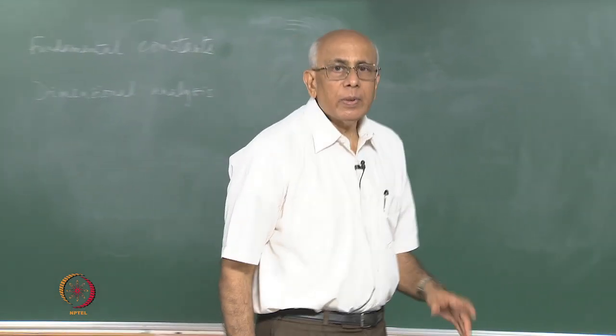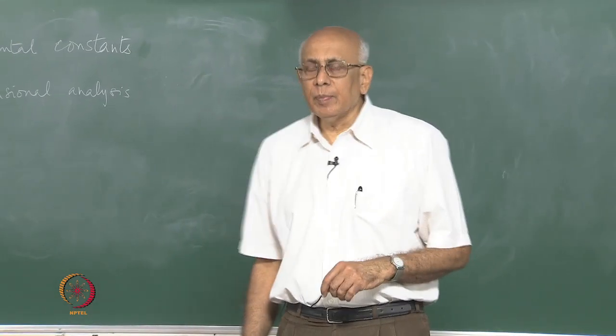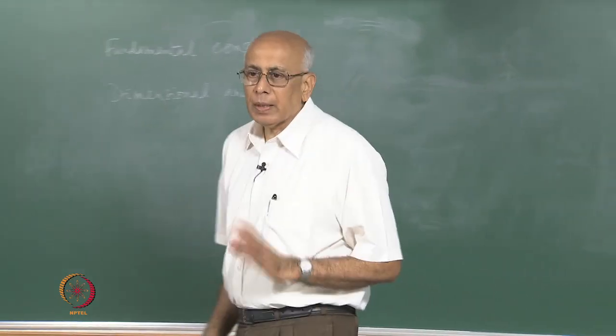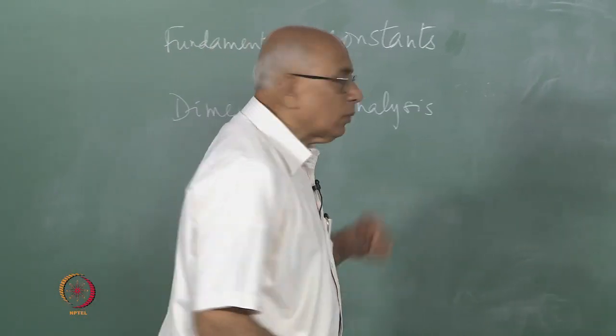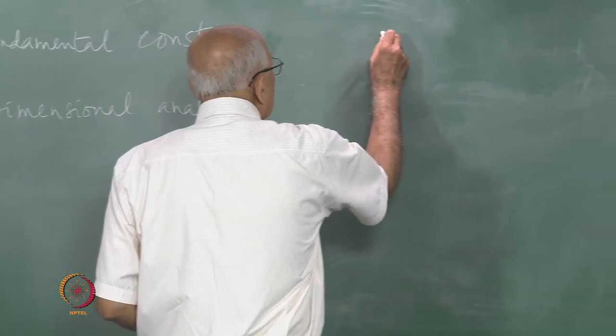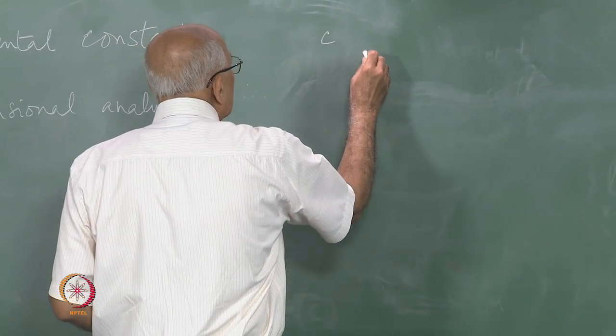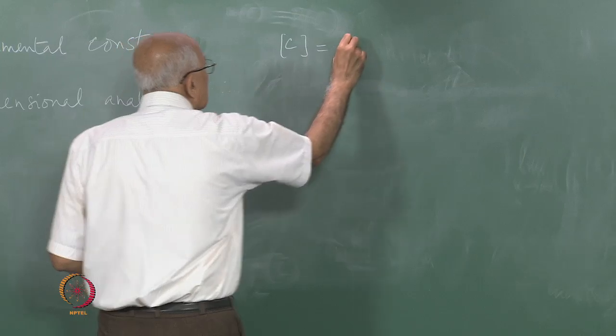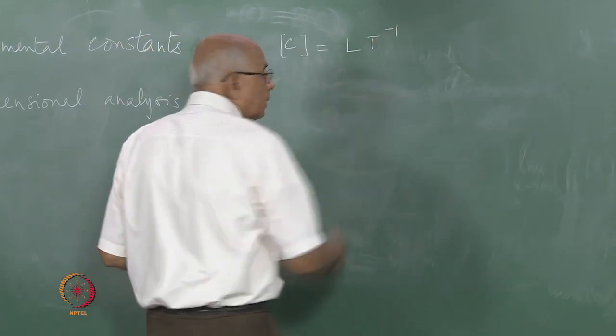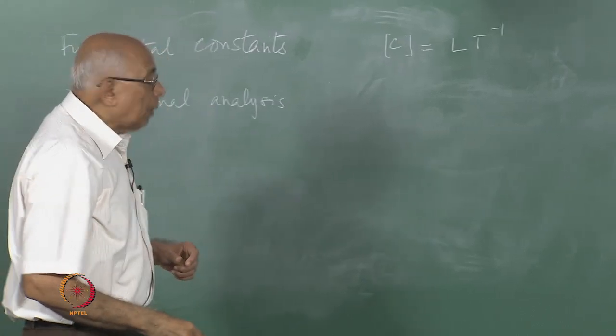So let us begin today with where we left off last time. I had started talking about the fundamental constants of nature, and we listed 3 of them to start with. The first was the speed of light in vacuum, denoted by c, and recall that the physical dimensions of c was that of a speed, L t inverse,